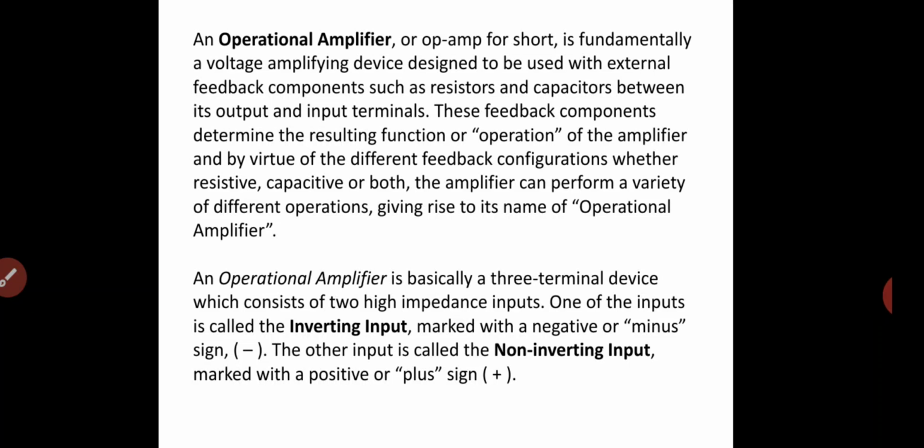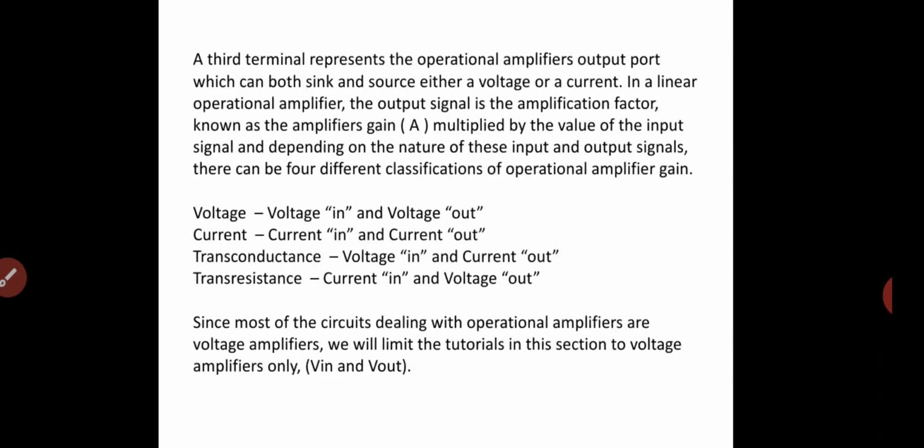An operational amplifier is basically a three-terminal device which consists of two high impedance inputs. One of the inputs is called the inverting input, marked with a negative or minus sign. The other is called the non-inverting input, marked with a positive or plus sign. A third terminal represents the operational amplifier output port, which can both sink and source either a voltage or a current. In a linear operational amplifier, the output signal is the amplification factor, known as the amplifier's gain A, multiplied by the value of the input signal, and depending on the nature of these input and output signals